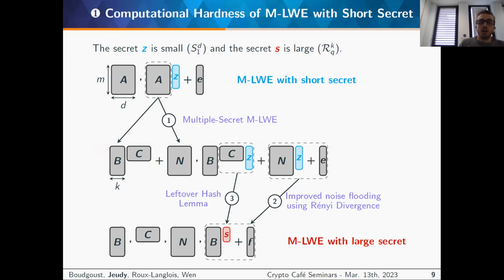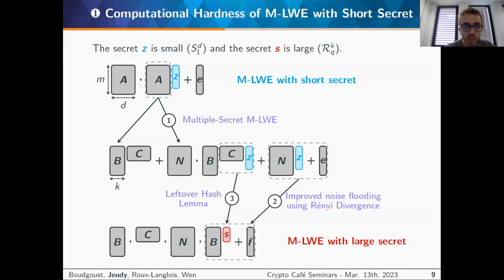Okay, so for the search variant, we start with A and AZ plus E, where Z is a short binary vector. And I want to show that it's hard to recover Z given these elements. This is the definition of the problem. And so to do that, what I assume is that M-LWE with standard secret is a hard problem. This is what was proven by Langlois and Stehlé in 2015. So I can make this assumption and try to link this assumption to the one that I'm trying to prove